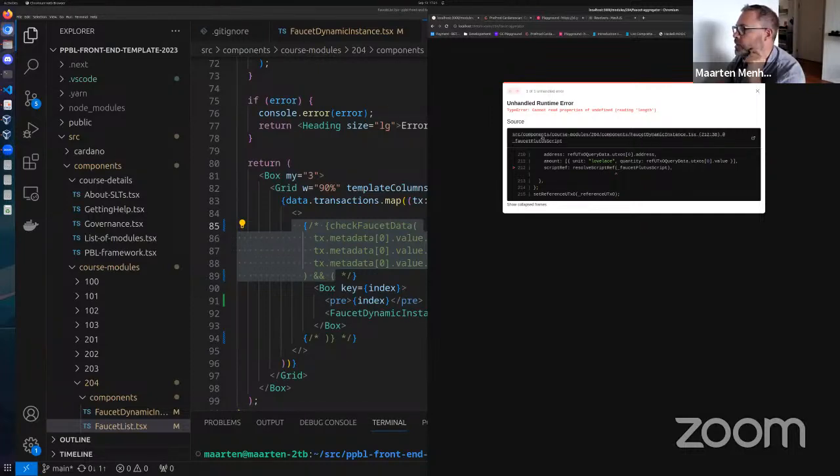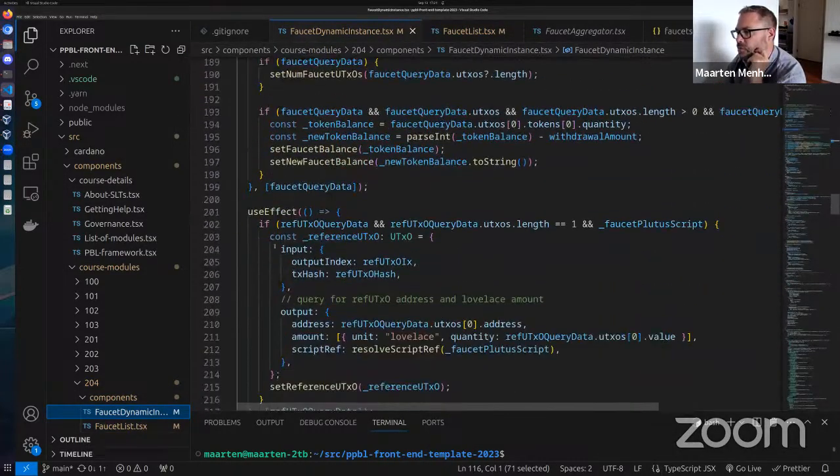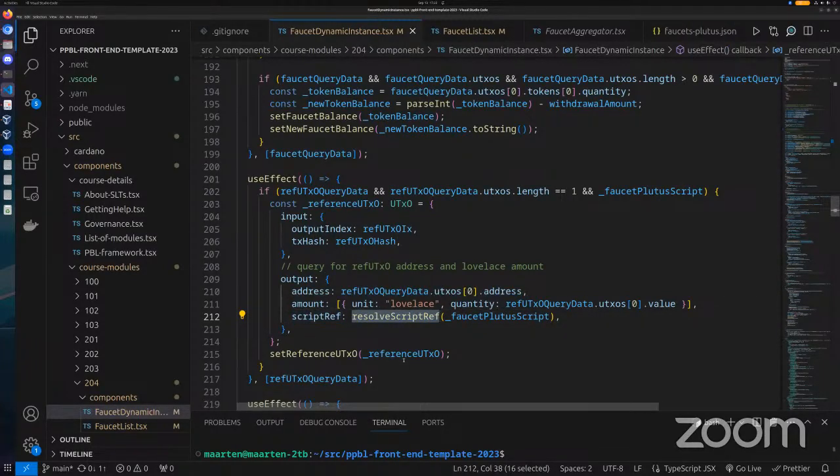Dynamic instance, line 212. Resolve script ref. Okay, so explain this error.